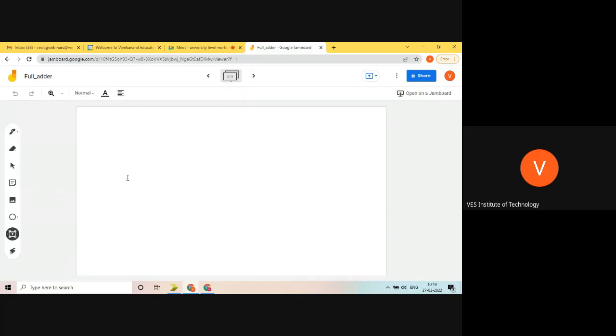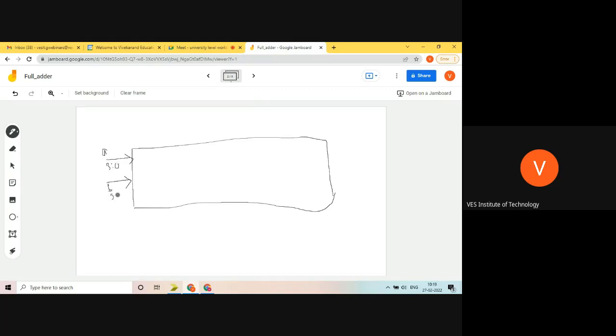We have to create a 4-bit adder. As I said, we should design everything before programming. So before starting the program, we'll design. I have inputs like this. This is A, which is 3 down to 0, and this is B, which is 3 down to 0, and there is C. This is C in.